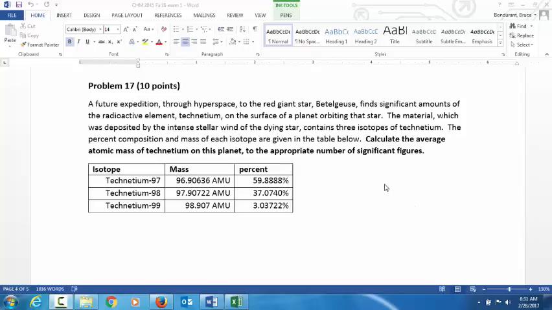So this is what I like to call the postmortem on exam number 1 that I had promised to do online. Problem number 17 is a problem of finding the weighted average of the atomic masses, and